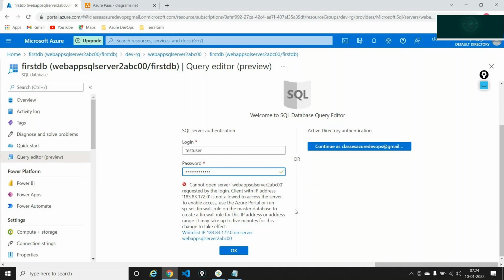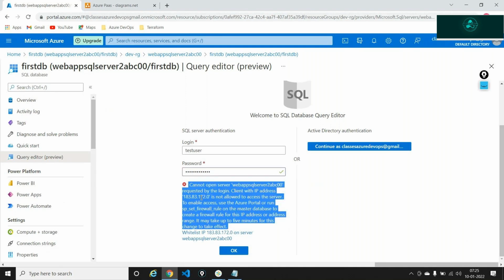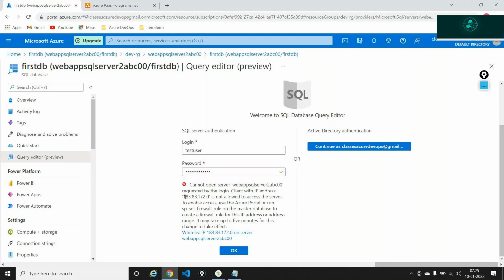That's the reason I wanted to whitelist my IP. Meaning I, as a user, am not allowed to directly log into the SQL server, because the SQL server doesn't allow you to log in until and unless you do something called IP whitelisting. This is the IP where I'm working from. This IP should be allowed to log into the SQL server. How do I do that? Again, I'll come back to the SQL server out here,